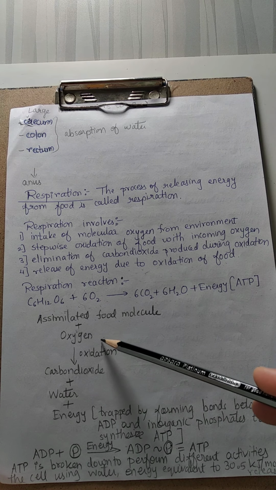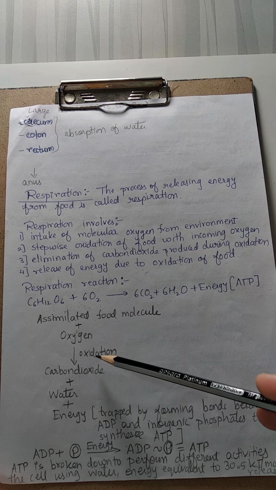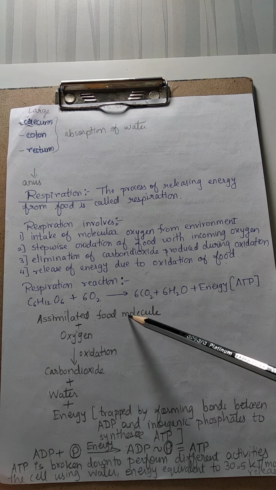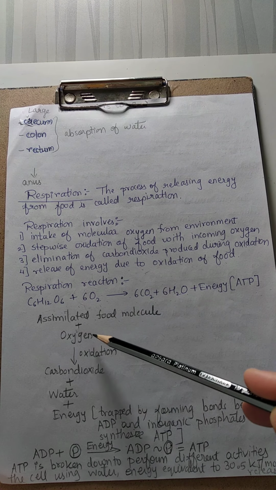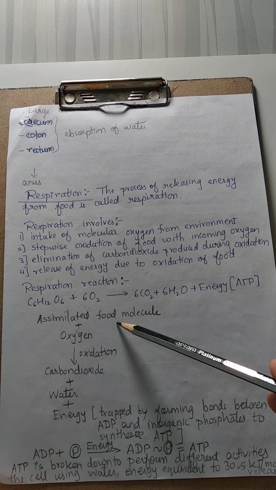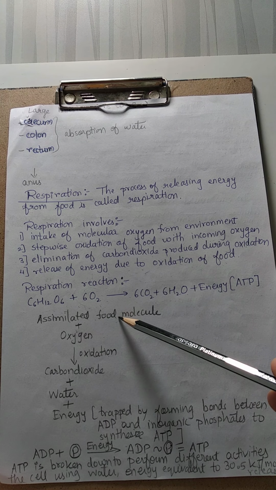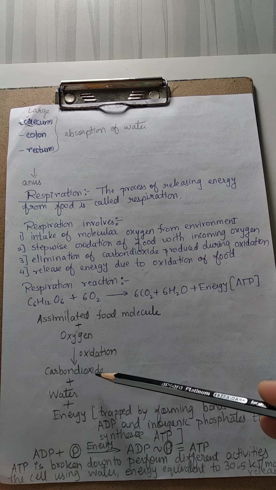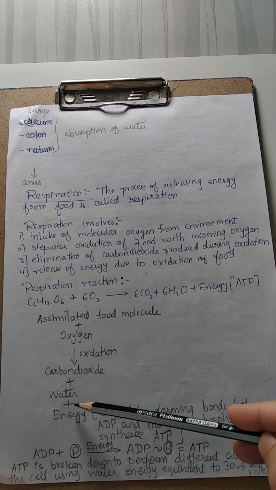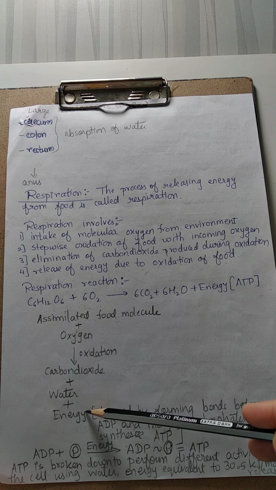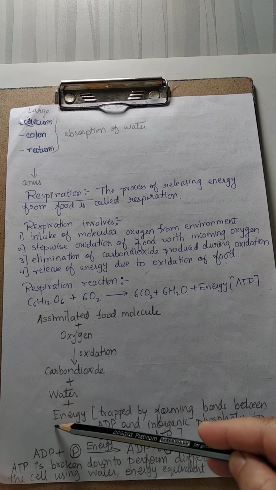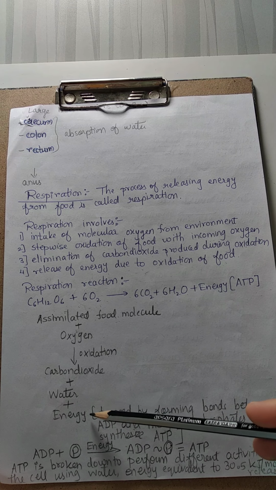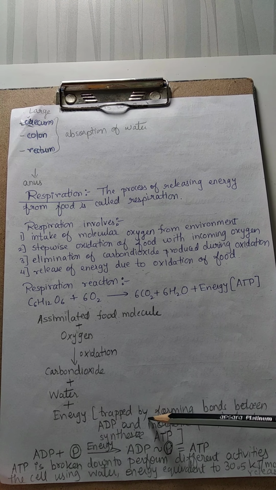So what happens inside the cell? Oxidation of this food molecule takes place. That is, oxygen and this food molecule in the form of sugar react with each other, right? That means oxidation of this food molecule takes place. And what is produced as a byproduct? Carbon dioxide is produced, water is produced, and energy is also released, right? Now, this energy which has been released in the process of respiration is trapped by